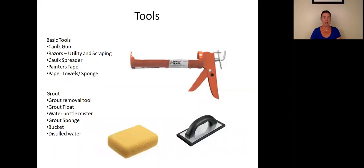All right. Now I have here paper towels and a sponge, whatever you want to use to keep your hands clean. Now you can put on a latex glove and use that to smear. I prefer to just use my bare finger. A little bit wet helps, and you can help spread it around. Now, silicone is very, very sticky. So you're going to go through a lot of paper towels. It will eventually wash off, but it might take an hour or two before you get rid of the slimy